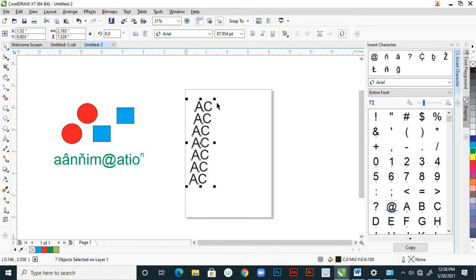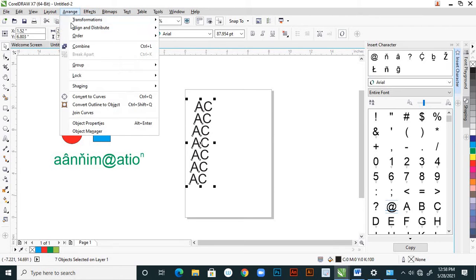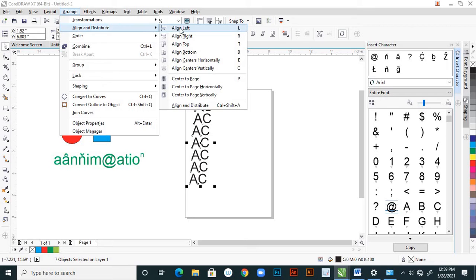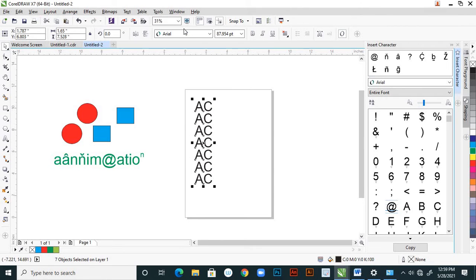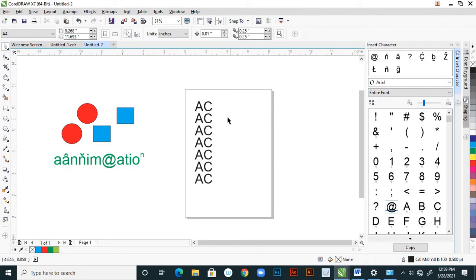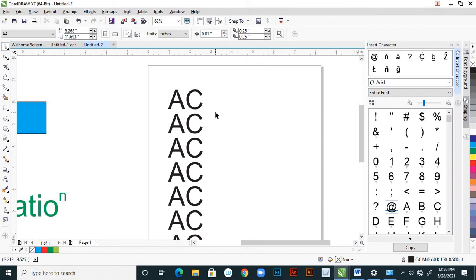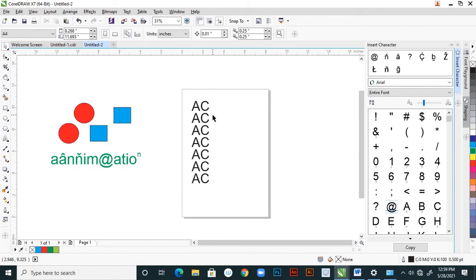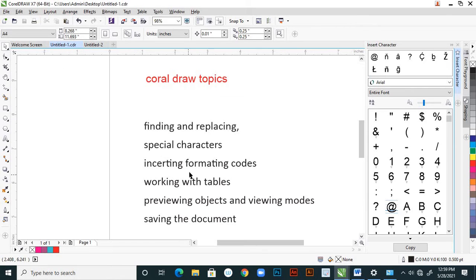You select everything and suppose from arrange, align and distribute, suppose align to left, right? It is nicely aligned to left. So here what I'm trying to say is we are using this inserting formatting codes.